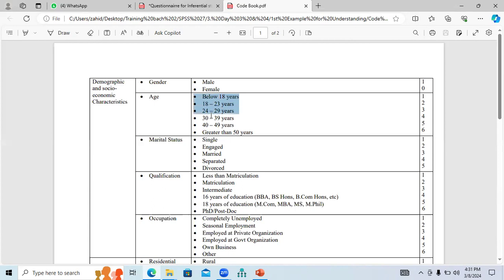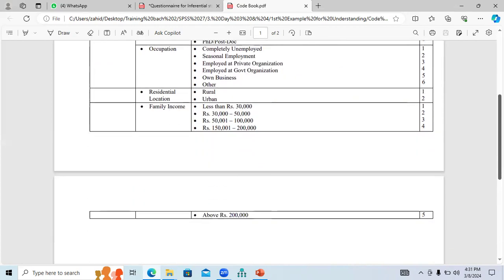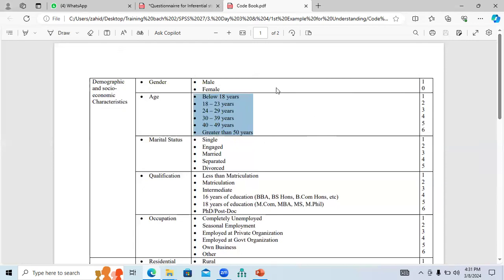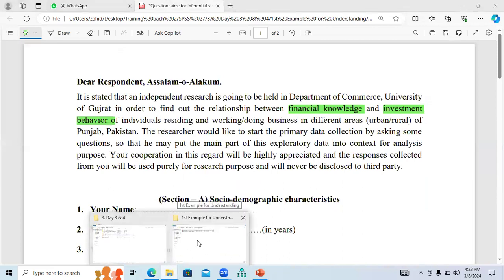In the same way, I have categorized the age as per my own with different numbers, like below 18 years I have coded with 1, 18 to 23 years I have coded with 2. And in the same way, marital status, qualification, occupation, I have different codes for different categories. So this is how you create a code book. So let's have a quick data entry. I would like to share with you